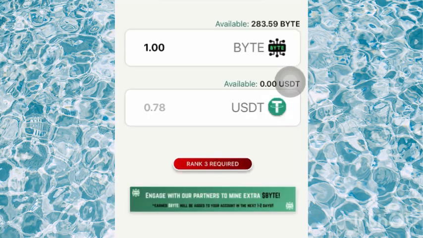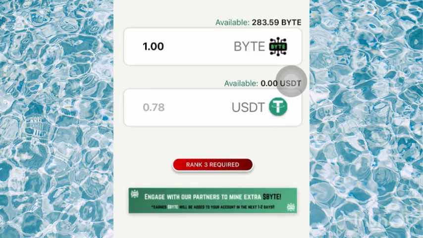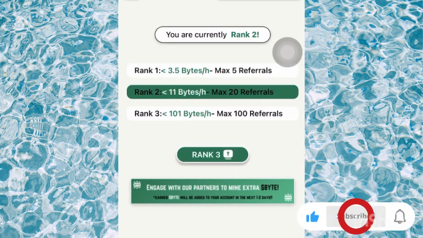and it says rank 3 required, which means you have to be on rank 3. They have different ranks: rank 1, rank 2 and rank 3. So you have to be on rank 3 before you are able to swap your Byte to your USDT, before you are able to exchange it. I'm currently in rank 2, which is 11 bytes max, 20 referrals. That is, you have to have more than 100 referrals in rank 3 for you to be able to swap your Byte token